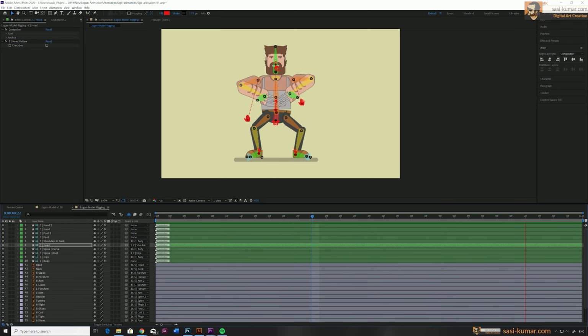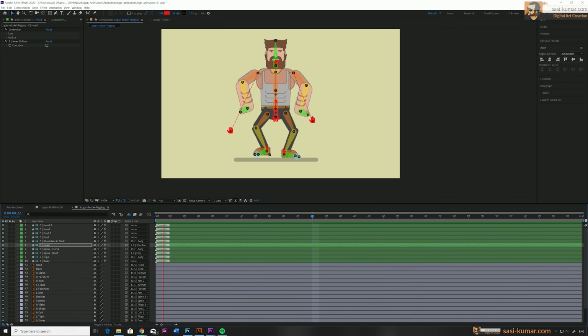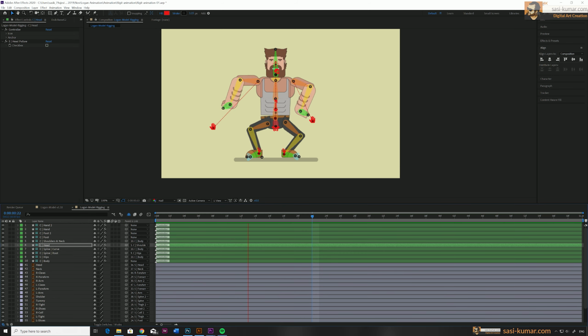In our next tutorial, I will show you guys how to use the same character animation. It will be like a real 2D animation, and I will show you guys how to rig that in the next tutorial. Also we will do a simple animation in that tutorial as well, and I will also show you guys how to create a simple walk cycle with this character using the Duik plugin.